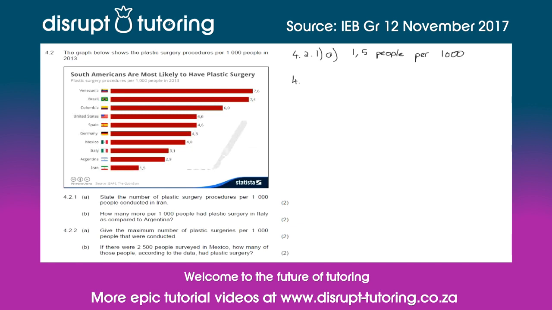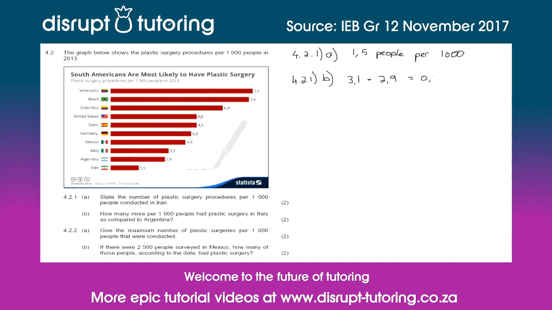So 4.2.1, number B, is going to be the 3.1 minus the 2.9. As I said, because it's asking how many more people in Italy compared to Argentina, and if we put this into our calculators, it comes to